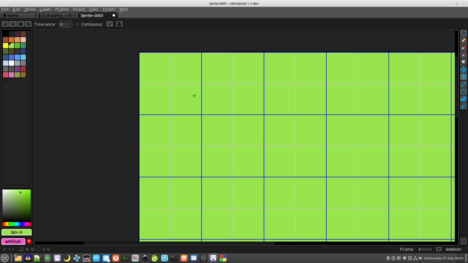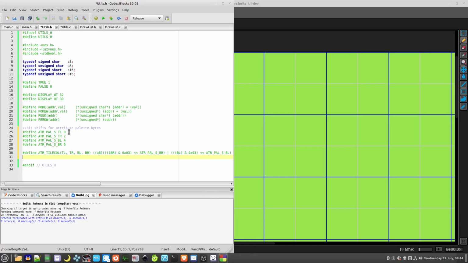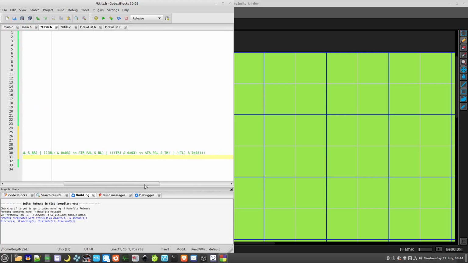So if you wanted to set the bottom left, say wanted to use this palette here, then you would have to set the lower 3 bits of this byte. Just make sure that I'm explaining this correctly here. No, I'm not. Let's just double check a minute here. All of these bit shifts here represent everything. Okay, so the top left here,